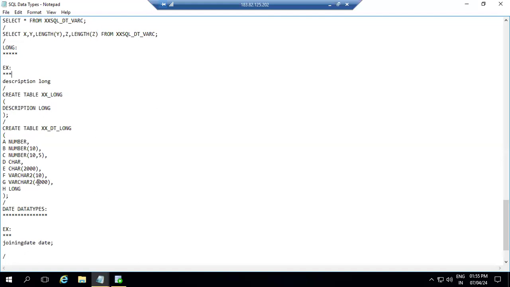We will not be using this long data type; just for our information, we are showing it. What do we mean by the long data type? If you want to create a long data type, same as previously, we create a table with create table and the table name, where description long is used. Description is nothing but the column name. In this table we are taking some columns: 3 number data type, 2 character data type, 2 varchar2, and one long